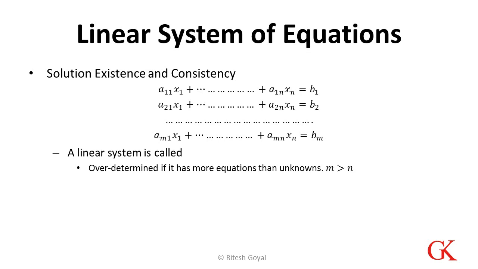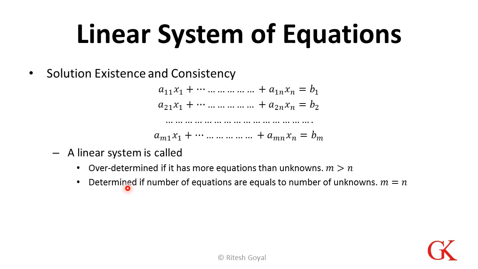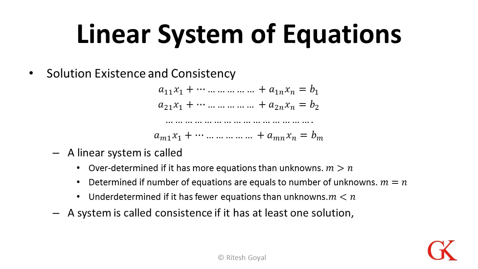So we actually need only 2 equations, but we have 5 equations, which is called overdetermined. It's determined if the number of equations equals the number of unknowns. And here we are talking about linearly independent equations, where the number of equations equals the number of unknowns. Then we have one solution and we call it a determined system. If we have fewer equations than unknowns, then we say our system is underdetermined.